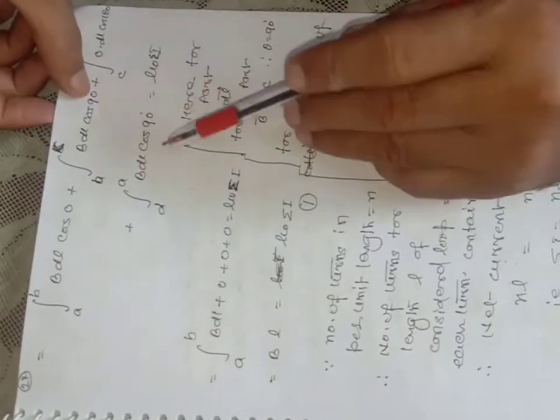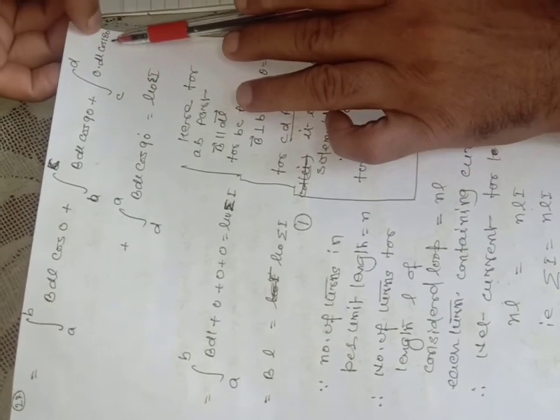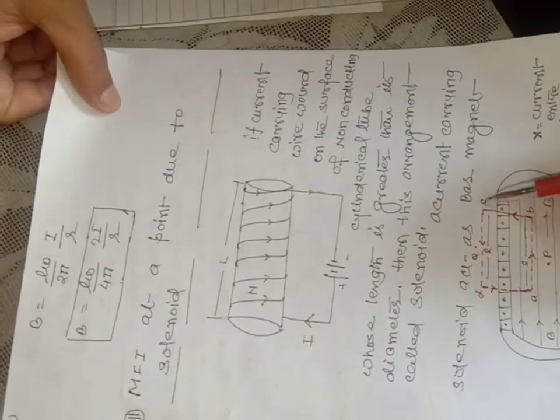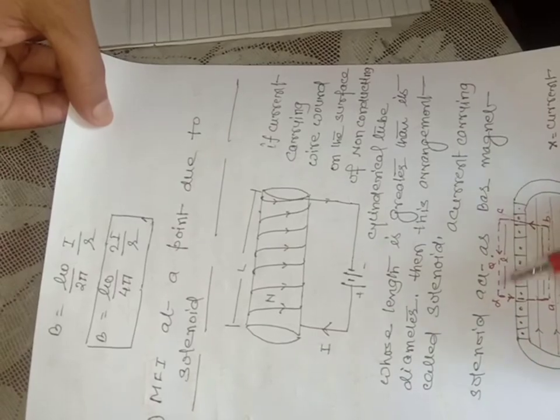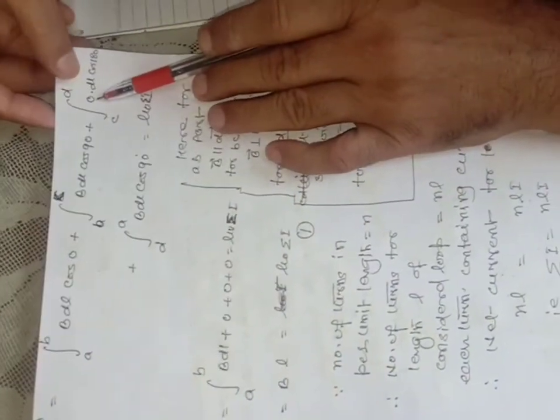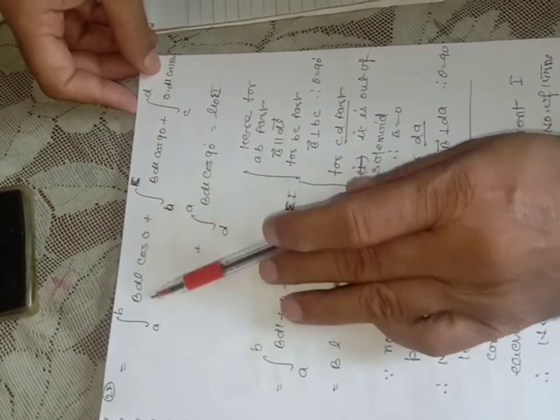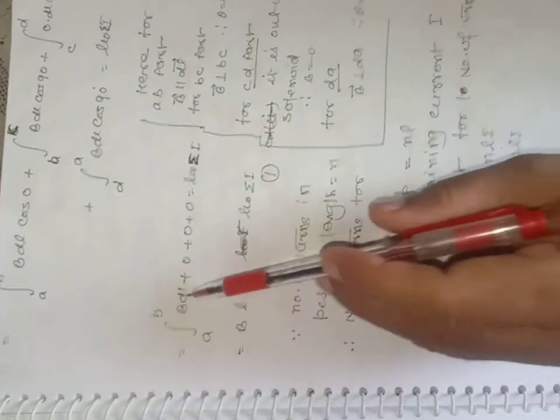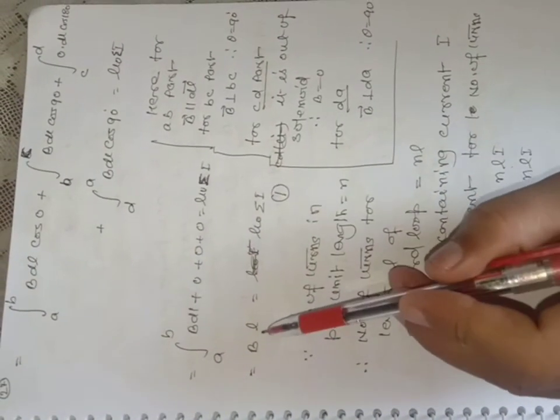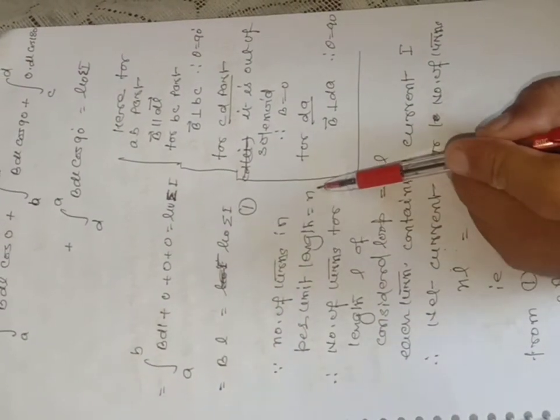So here cos 90 is 0, this cos 90 is 0, and this one is cos 180. Actually, this CD is present outside of the solenoid, so for this the magnetic field will be 0. So the second, third and fourth terms become 0, and only the first B dl remains, so it is mu 0 summation I. So the integration from A to B of B dl is equal to mu 0 summation I, and the integration of B dl becomes BL, because L is the length of the rectangular loop considered, so BL is equal to mu 0 summation I.